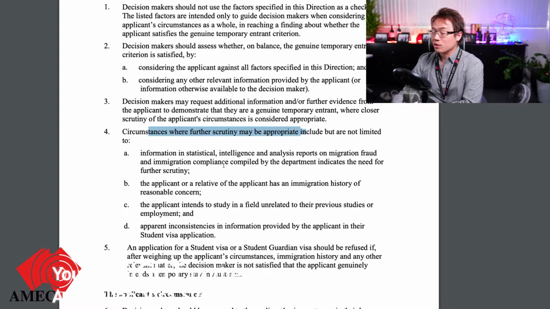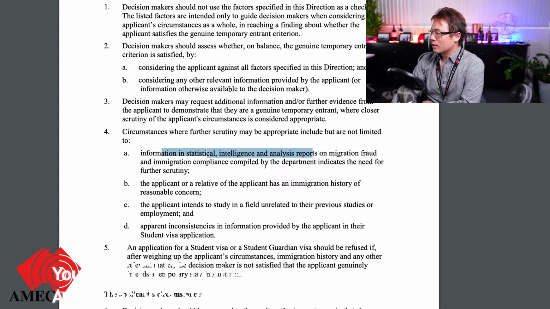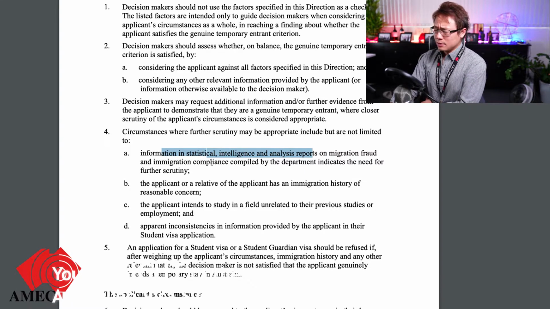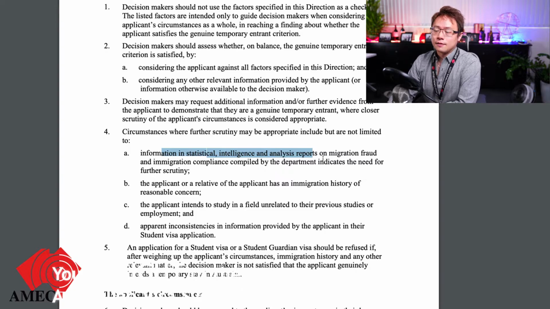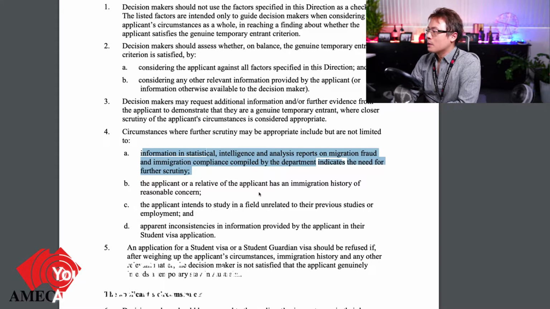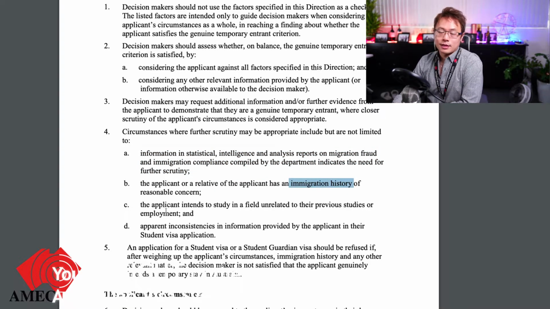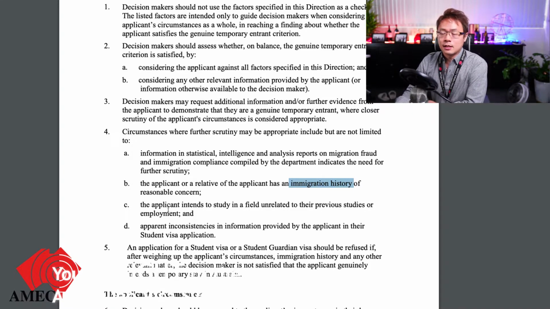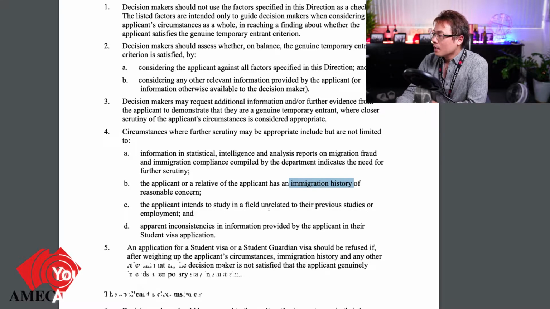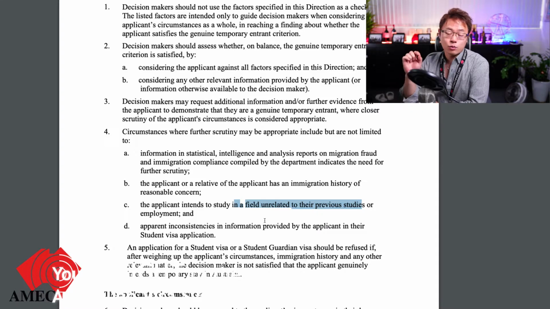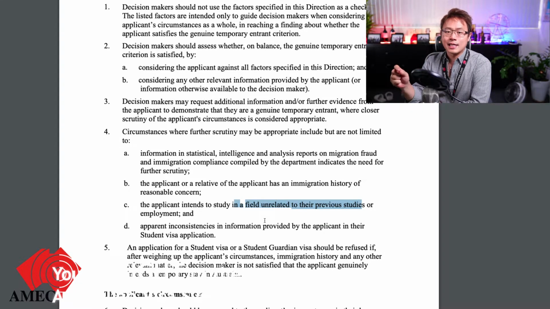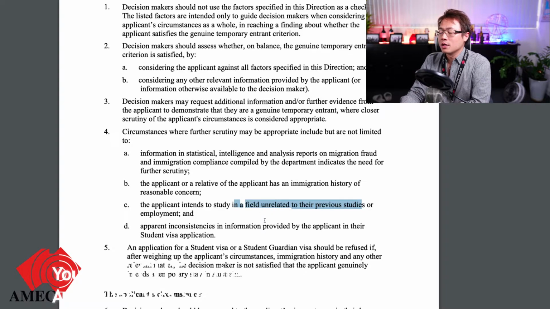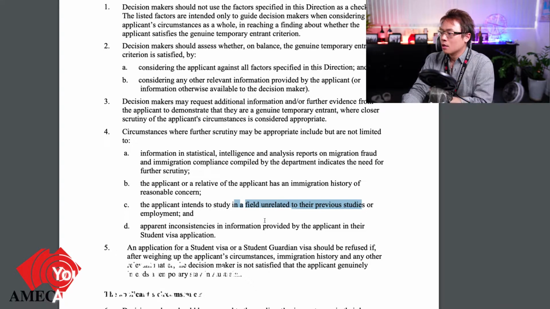And obviously they will scrutinize as they found this information, either statistical intelligence or an analysis report showing that there's a fraud. Well, I haven't seen any student visa application involving fraud thus far, but that's one key. Looking into your immigration history, that's how many visas and how many countries you've been traveling. Have you contravened? Have you breached any visa condition or law? Your field of study unrelated, and that's what I'm saying. If the field of your study is unrelated to your background, they will usually trigger the red alarm, and they want to ask why. Okay,